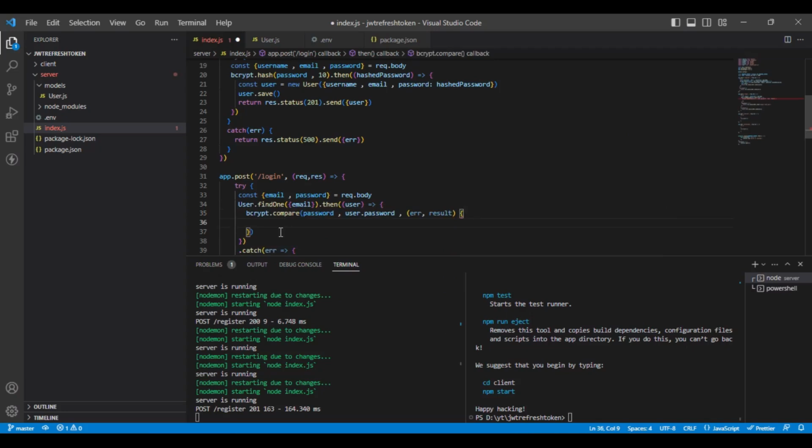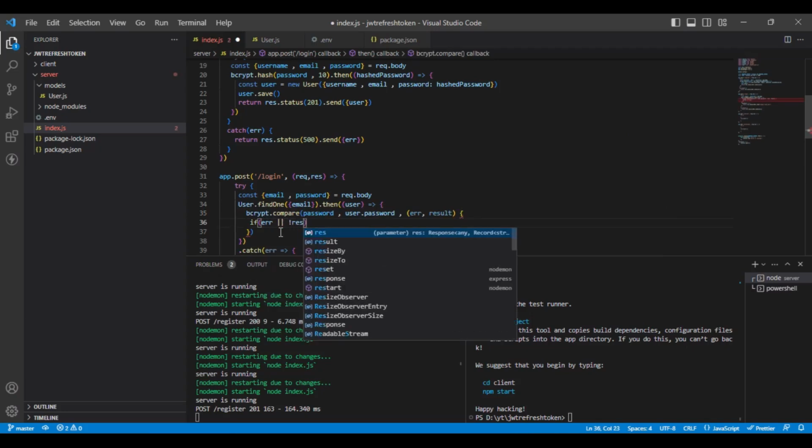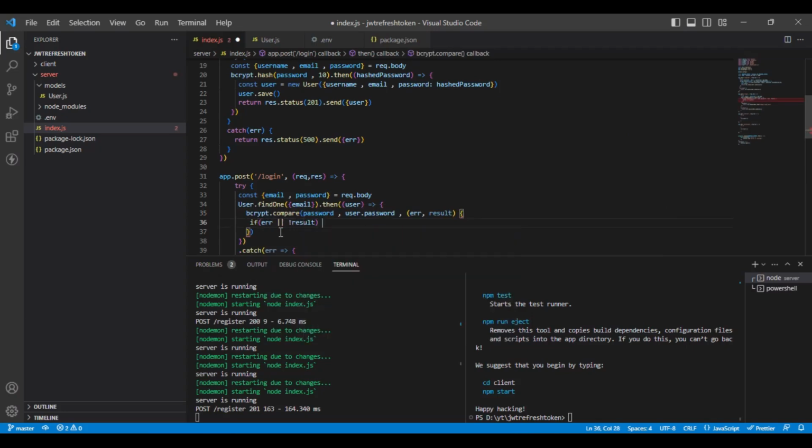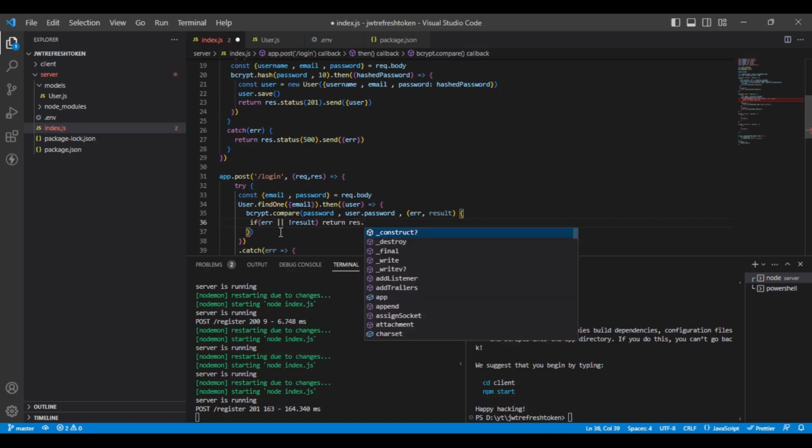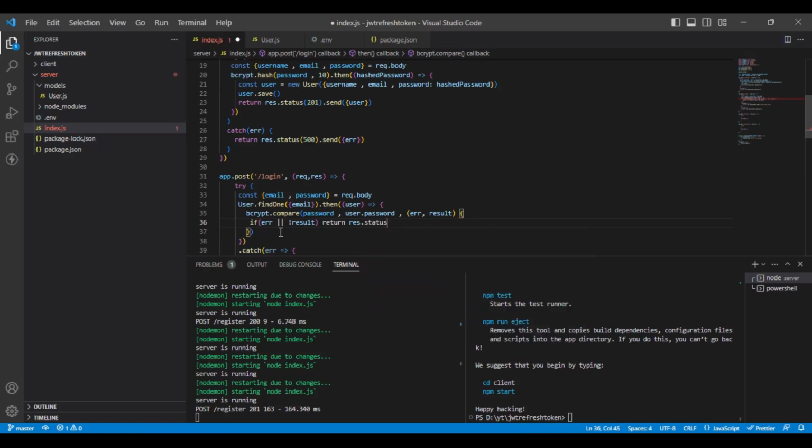So in case of error or in case of no result, simply return response.status